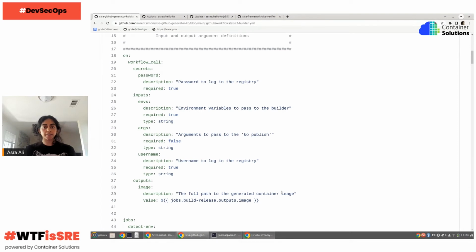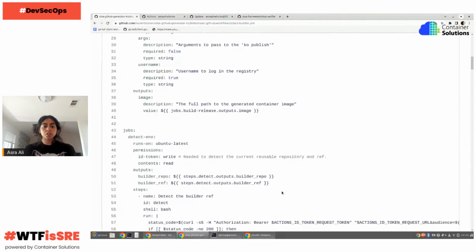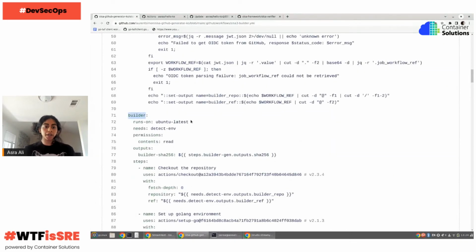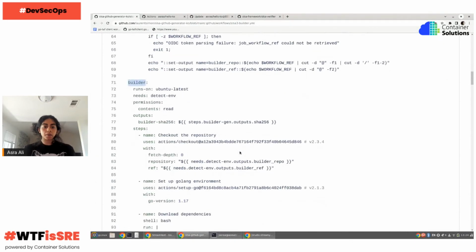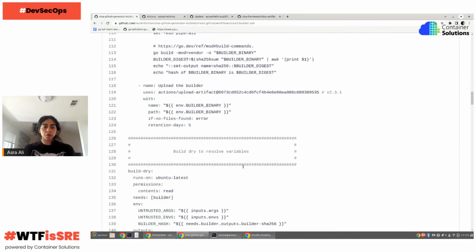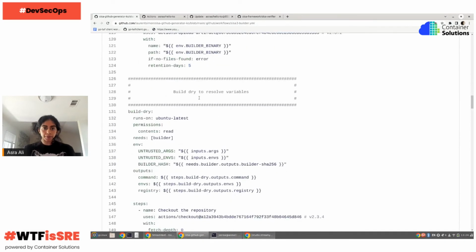And then inside that image, we'll be able to introspect and check what that provenance statement was and check if it actually came from the repository that we expected. So the first step, obviously, is to do the build. We're going to create a builder here that is going to handle the actual parsing of the arguments, make sure there's nothing malicious going on, and then process the build. So we'll first run a dry run of the build,